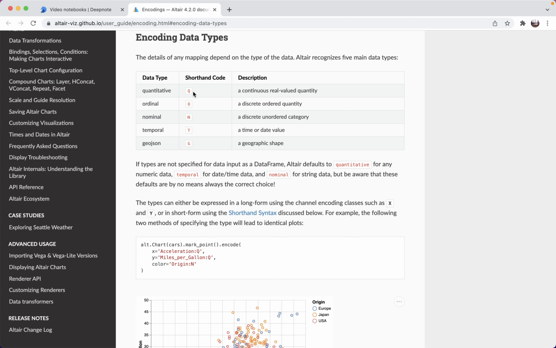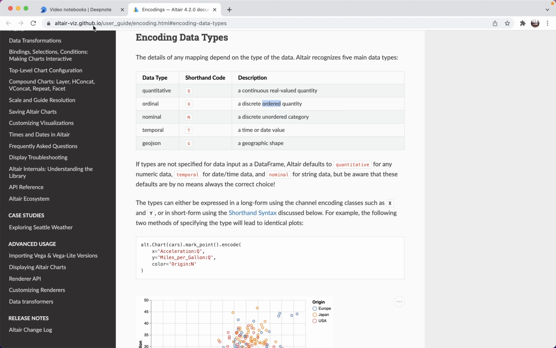So quantitative, that's probably what you think of most. It's just some continuous numerical variable. Ordinal and nominal, these are both what are called categorical variables. And so there are discrete items, and the only difference is that with nominal, it's not ordered,